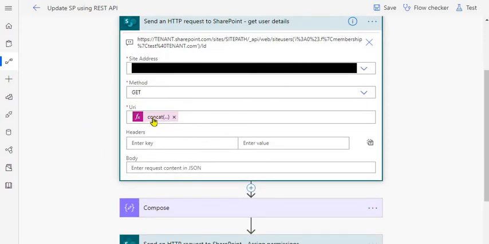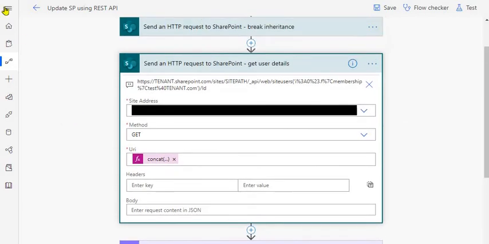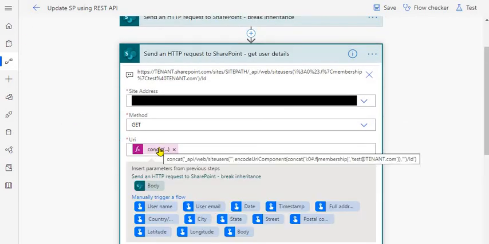This will be get. Here you can see where I am passing API website users. You need to make use of the encode URI component function while passing, because you need to specify the email address in a specific format. As you can see on the screen, we need to specify the membership in the format of membership.